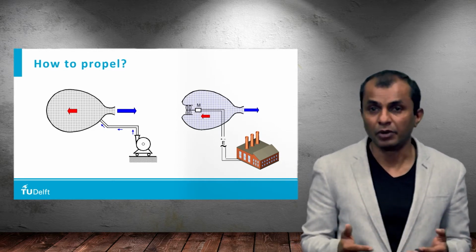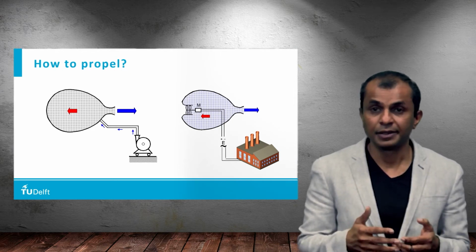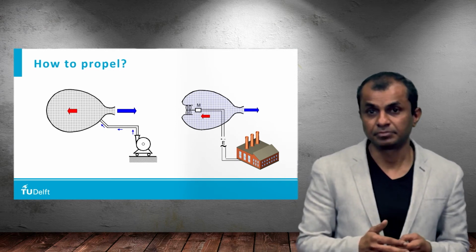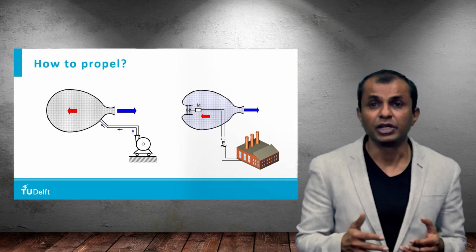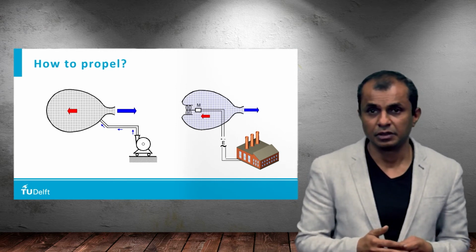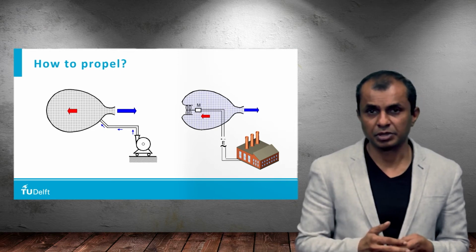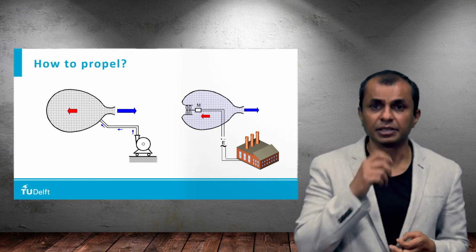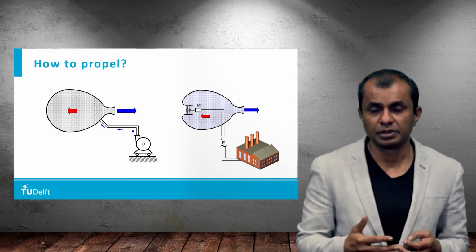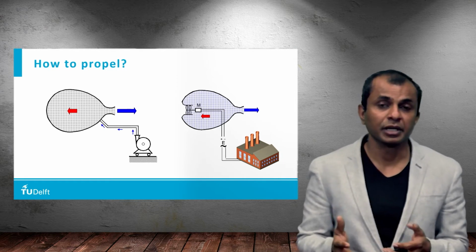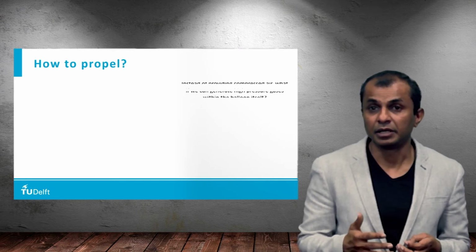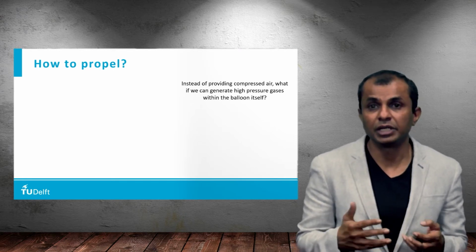However, this compressor requires power to run. This power can be supplied by wires and connected to the grid. Better than the earlier example. But nevertheless, we are still connected to the grid with a wire. That means we cannot go far. So what can we improve in this arrangement? Now, to run the compressor, we require a turbine, or some kind of a power producer. What if we also incorporate the turbine in the balloon itself? But the turbine requires power, right? So how do we generate that power?